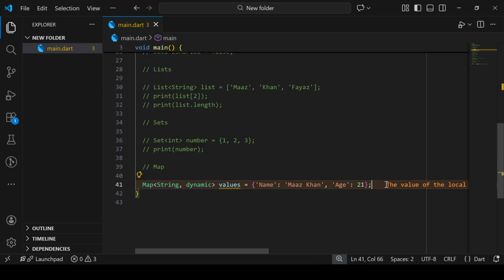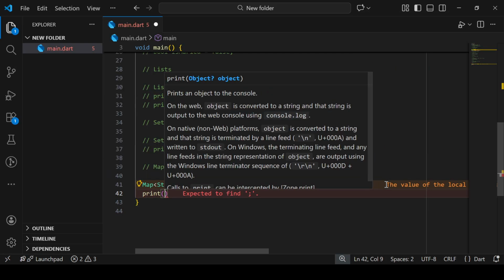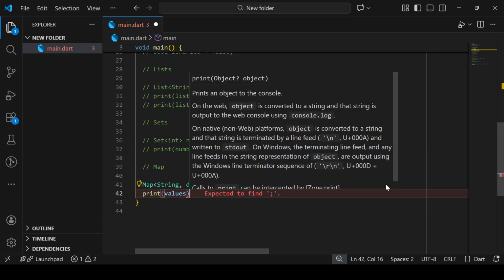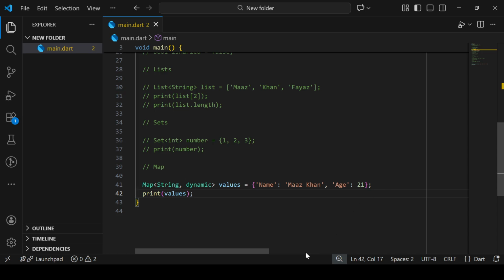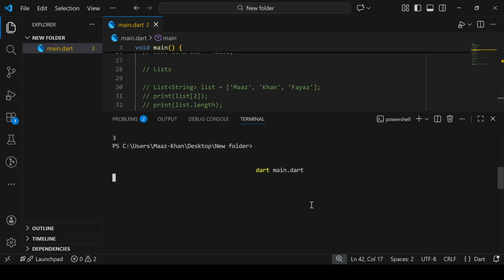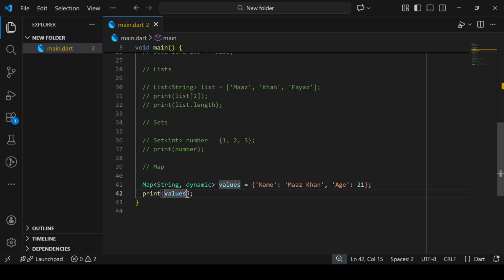If you want to print these values, here you can see name Mashan, age 21. If you want to print only the keys, dot keys,